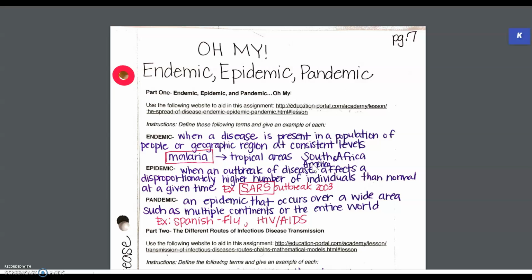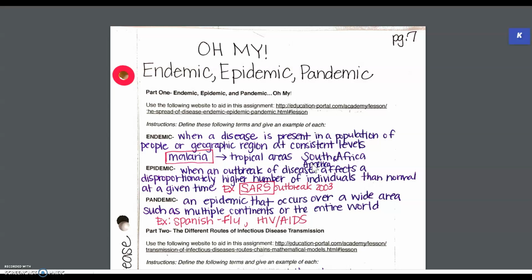Because number one, because of our healthcare situation, but the things that we always have at a consistent level now would be like HIV. We have that as an endemic, I'm sorry, and it is present in pretty consistent levels, and those can change over time. Obviously, we've had higher numbers of different things at different points, and that's when it becomes an epidemic.